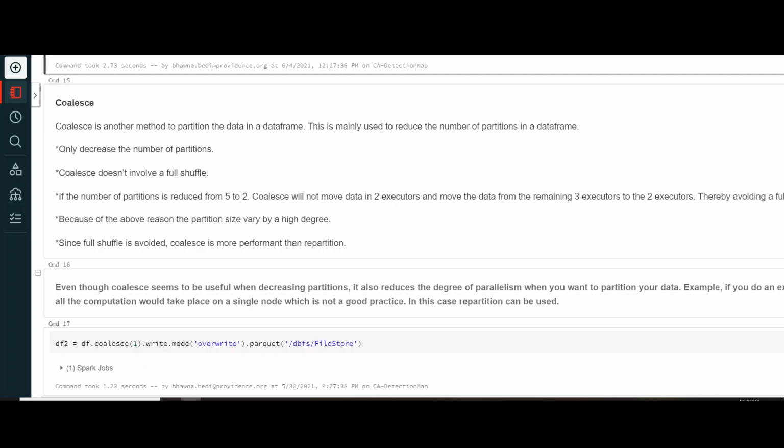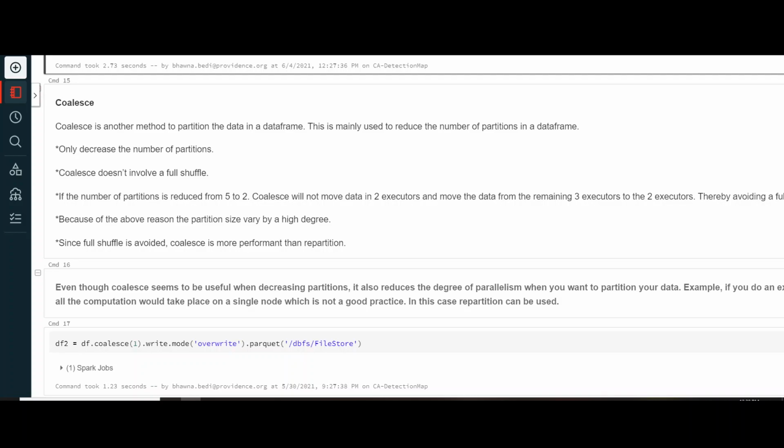Since you want to repartition from 5 to 2, it will take the data from the 3 partitions and move it to the remaining 2 partitions which you want to create. That is how it will avoid the shuffling of the data. Since it is avoiding shuffling of the data, it shows better performance than repartitioning. So this is the major difference when you talk about repartitioning and coalesce.